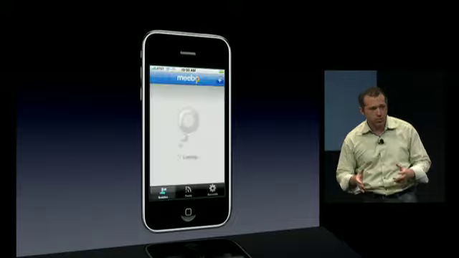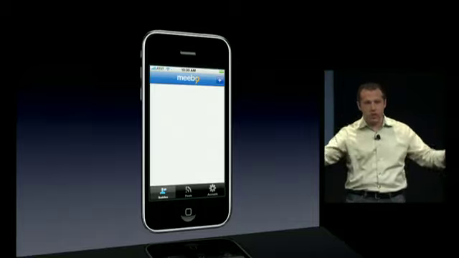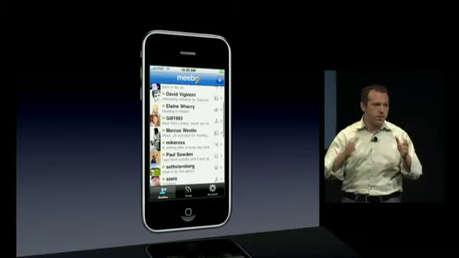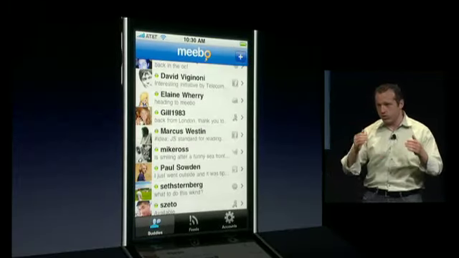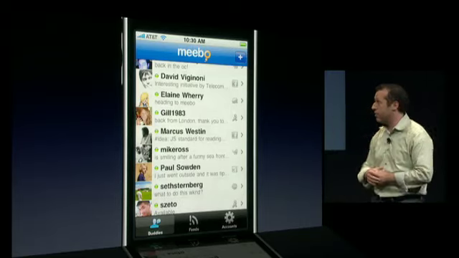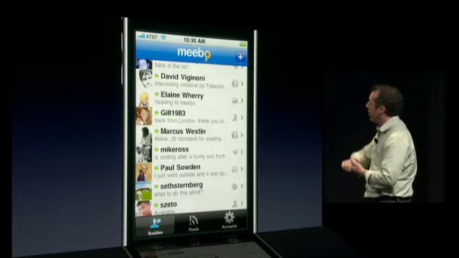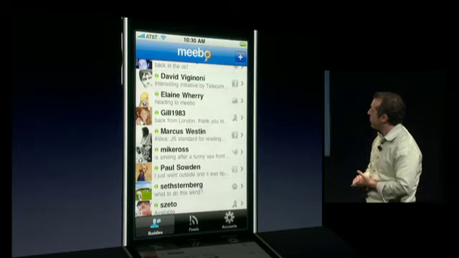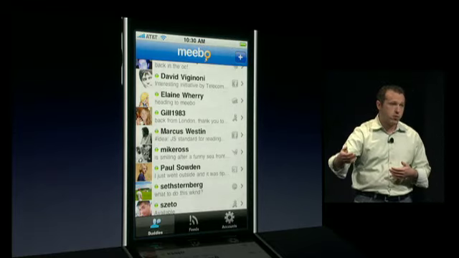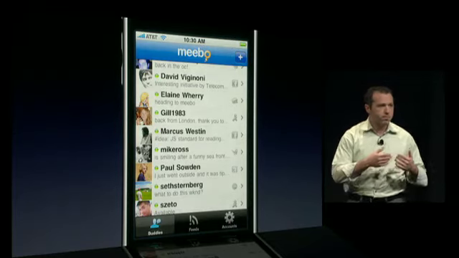Now, Meebo's goal is to let our users communicate live with their friends across the web and at Meebo.com, regardless of which IM network that they may be on. And today, we're doing that for 45 million unique users worldwide on a monthly basis. So if we take a look at the application that we've built here, we've got friends from traditional IM networks like AOL and MSN, friends from new IM networks like Facebook and MySpace, and also friends from IM networks that Meebo powers